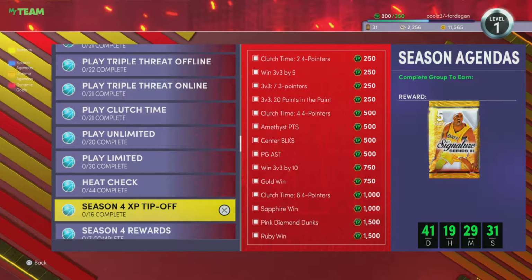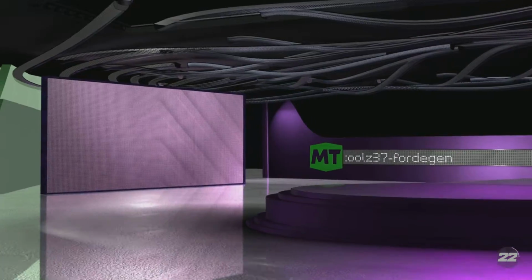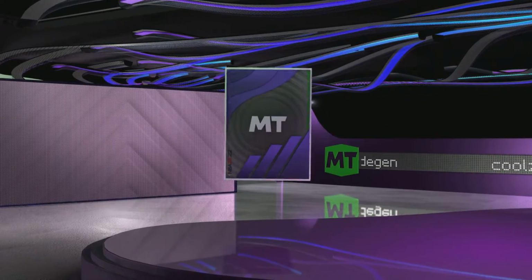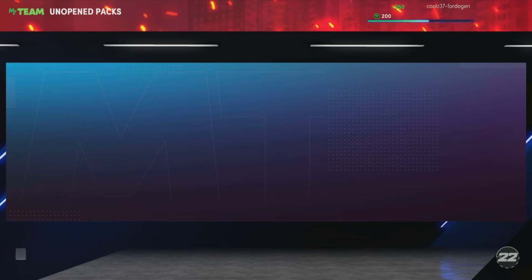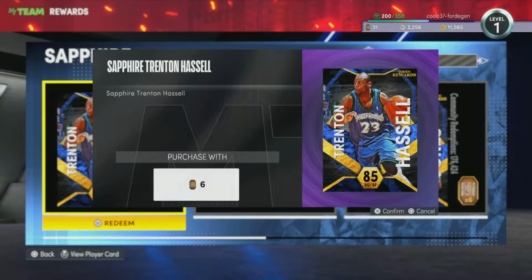Then we took a quick look at all the challenges we have for the season, including the heat check ones, the season XP tip-off ones, and we got our first rewards card for the season, the free agent Stephon Marbury. And 2K did a new thing this season. Oh wait, I'm not gonna get to that. I'll get to that later. But first,